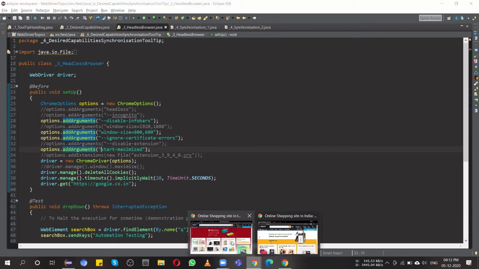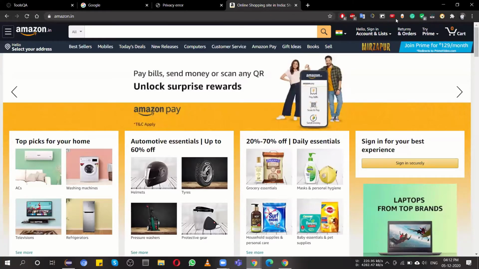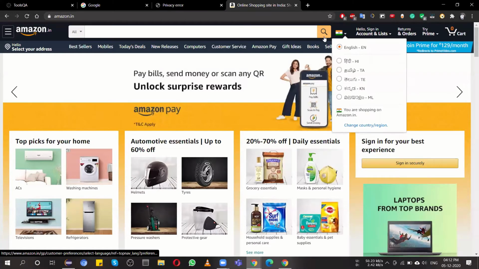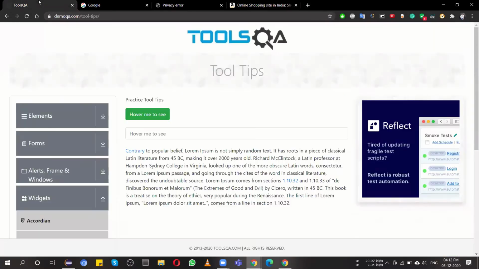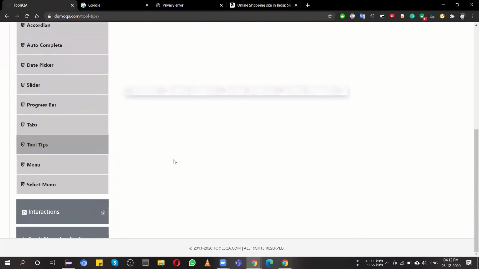Then I just told you about disabling all extensions. What if you wish to open your website or application by adding some sort of extension? What does that mean? Okay, give me a minute. Over here, is there any ad